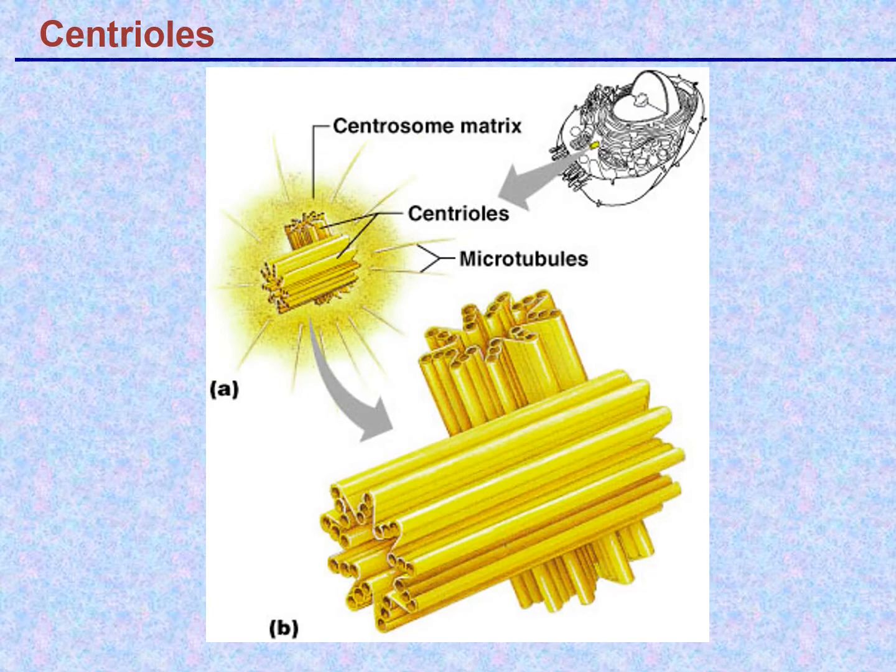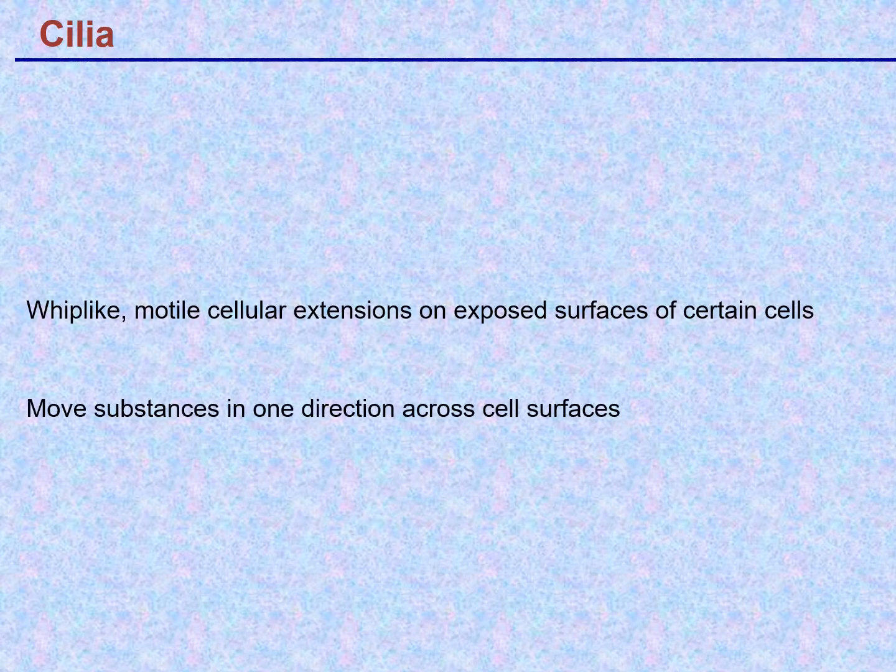And here you see magnified this centriole arrangement of microtubules. It's 1, 2, 3, 4, 5, 6, 7, 8, 9 triplet structure. The cilia are, as I believe we've mentioned at some point, no, maybe not. Cilia are extensions away from the surface of the cell that cells use to move things along. You find them in the